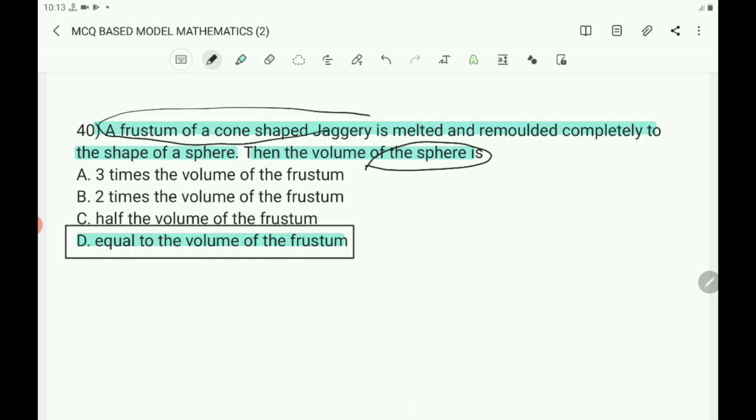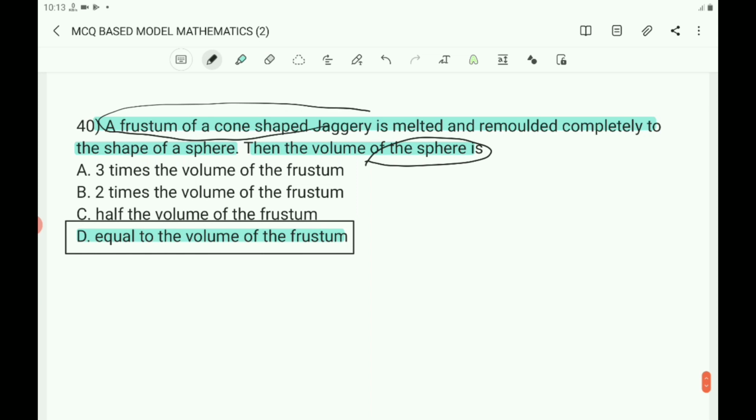Before, it had the shape of a frustum of a cone, and next it is converted into a sphere, and the volume will not change. So that completes the 40th question. In this way, you can solve the 40 questions easily by knowing the tricks I have given in this